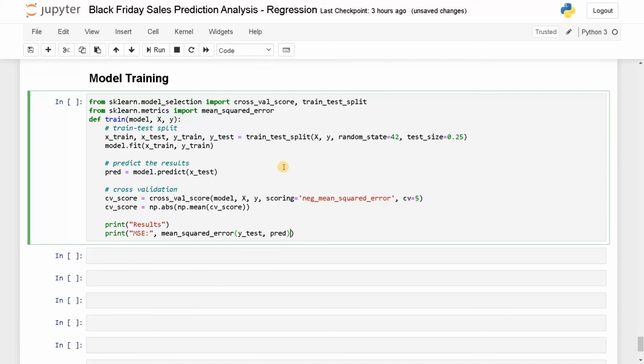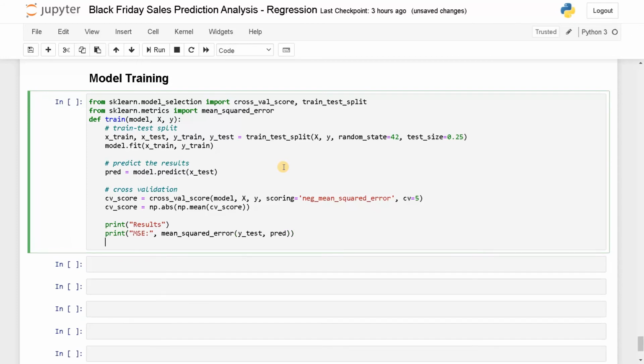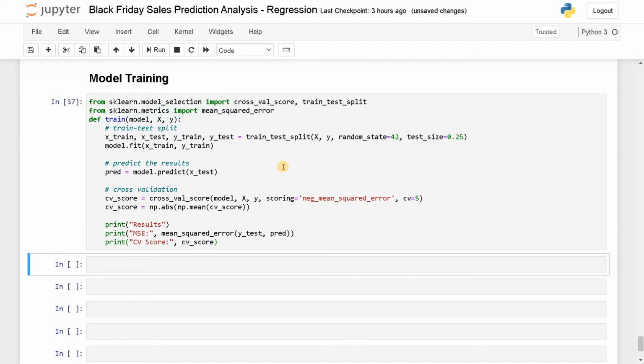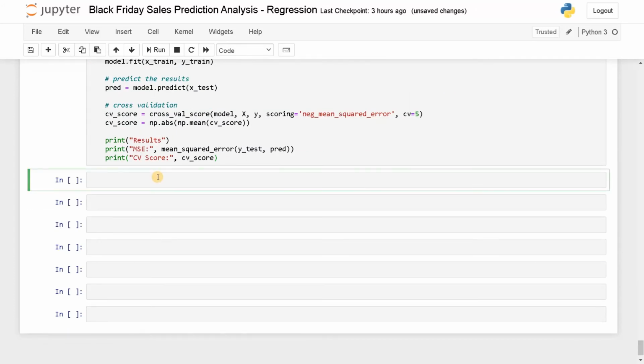This is the predicted value from the model we have trained. Now we need to display the CV score. So CV score, comma, CV score. So we have defined our whole model function. Run this.